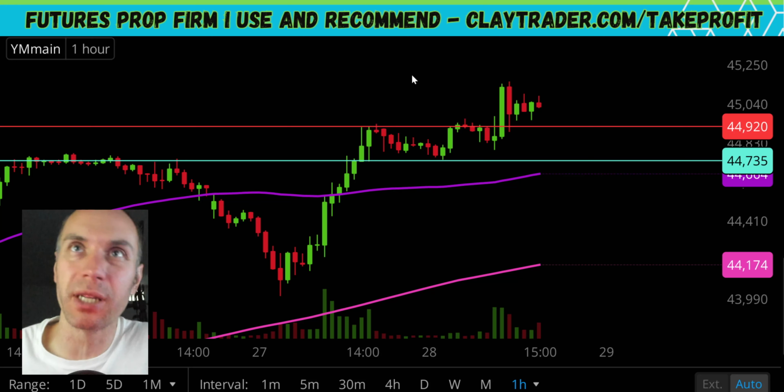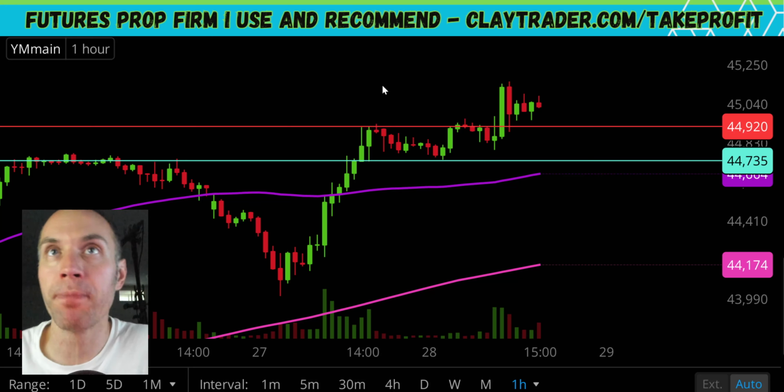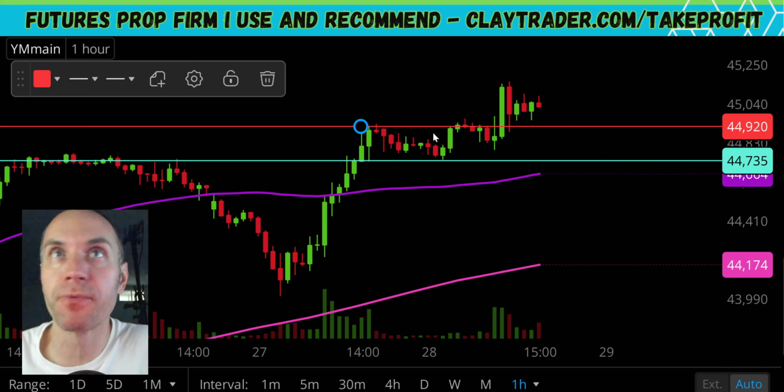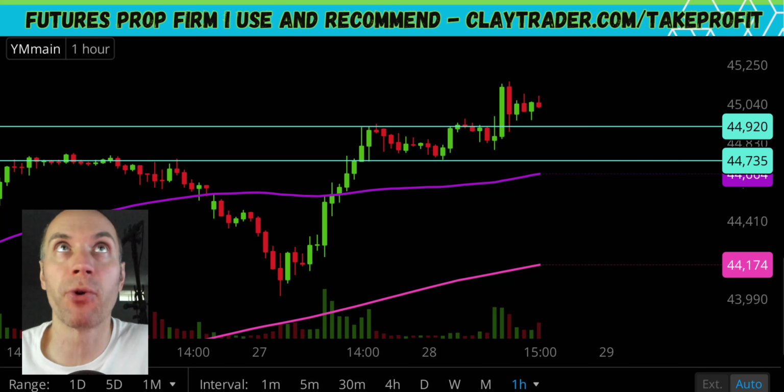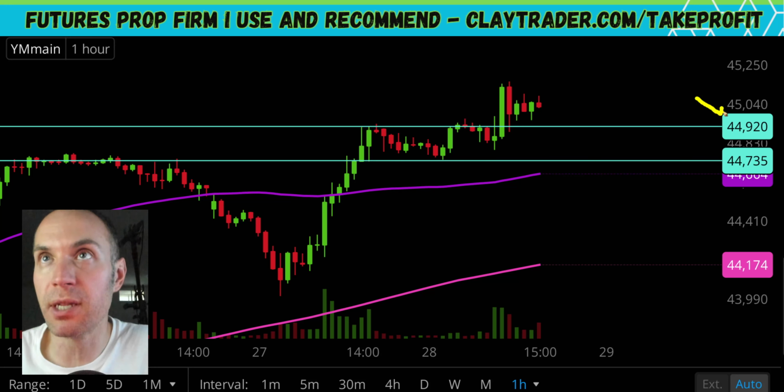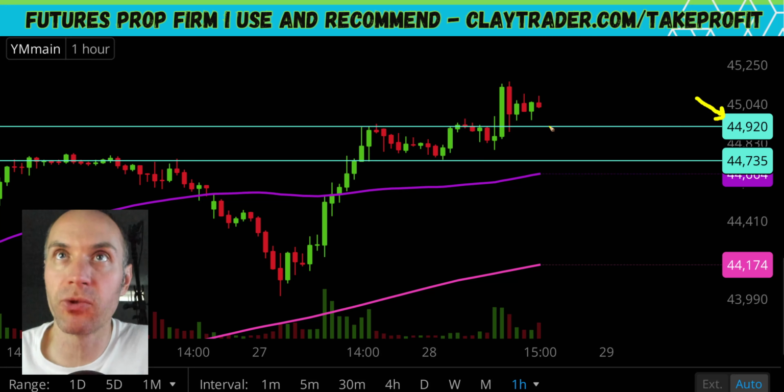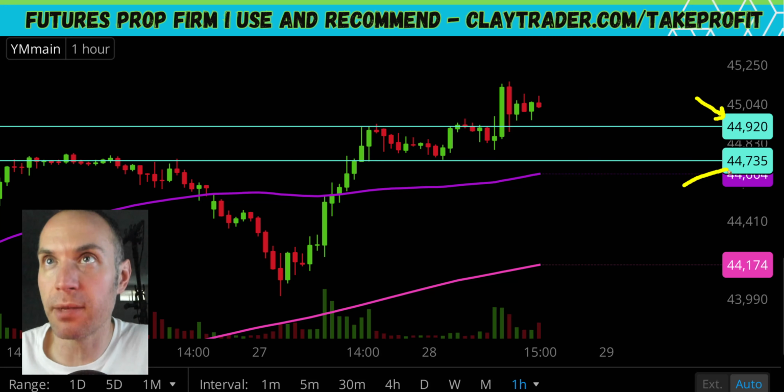This essentially continues to march to the beat of its own drum here. So first update I'm going to do is just right here, levels of resistance are broken and closed above. You ideally want to see them act as support. So that 920 mark now going to be the newest area of support. If the price comes through there and breaks down through it, then yeah, you'd want to immediately turn your attention to that